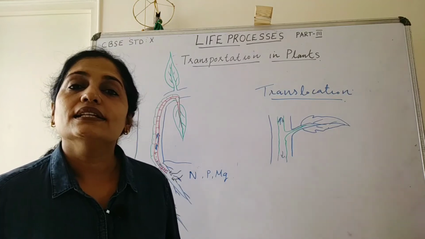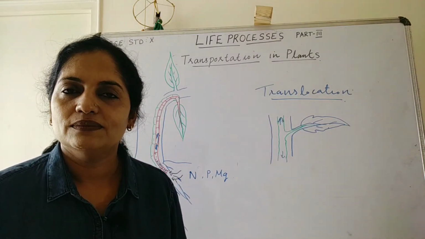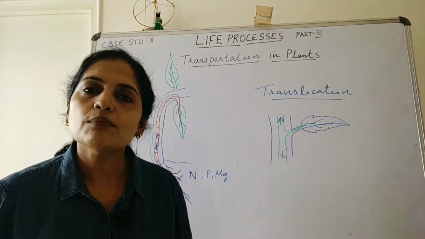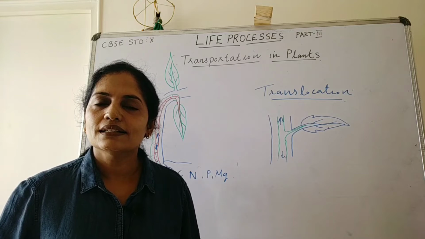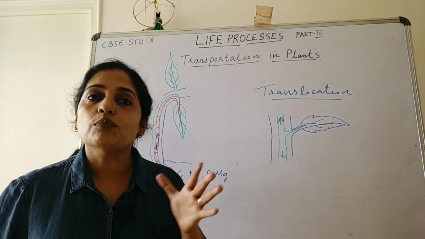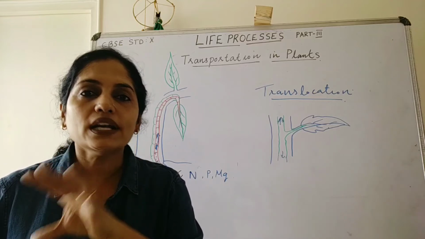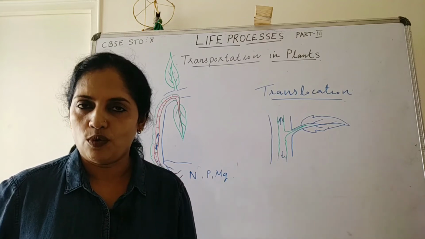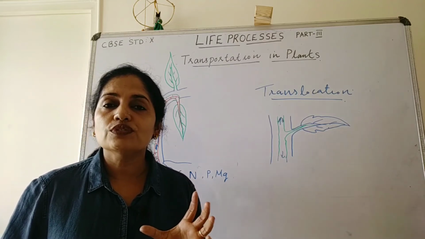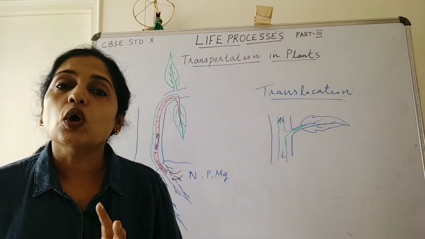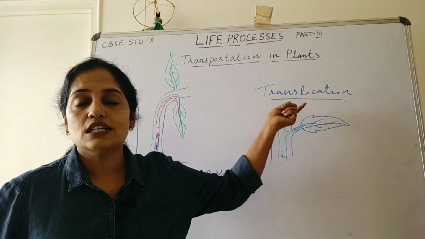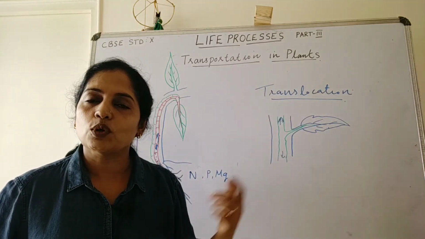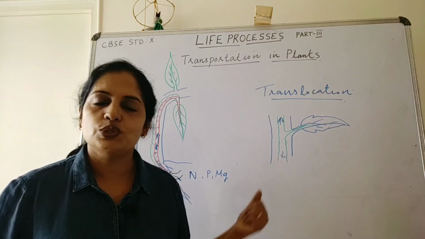Now let us see the transport of food. It is done by phloem tissues. What is the byproduct of photosynthesis? Carbohydrate. That carbohydrate gets converted into sugar immediately. That sugar is in soluble form, or in liquid form. The transportation of this soluble sugar is called translocation. The transportation of food in the plant is called translocation. That process is done by phloem tissues.